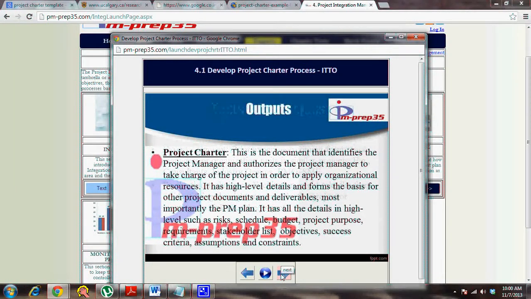So the contents of the project charter are high-level assumptions, high-level constraints, high-level budget, high-level schedule, project start, project end date, who is the project manager, who is the sponsor, the sign of the sponsor. Then what is the success criteria for this particular project, what is the communication channel, what is identified, and what is the stakeholder list. So all the knowledge areas at a high level, there is an entry made in the project charter.